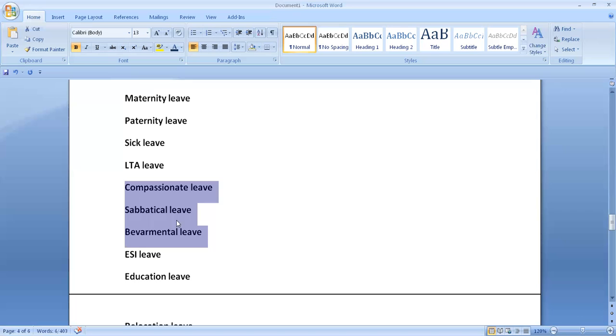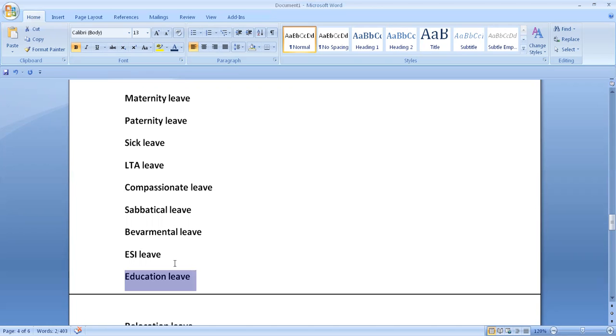And education leave, and sabbatical leave, these acts do not define anything for education leave and sabbatical leave. The company may approve or may not approve. It's up to the company. If it is approved, then there may be a paid salary or a percentage of paid salary, or maybe no salary for a period.